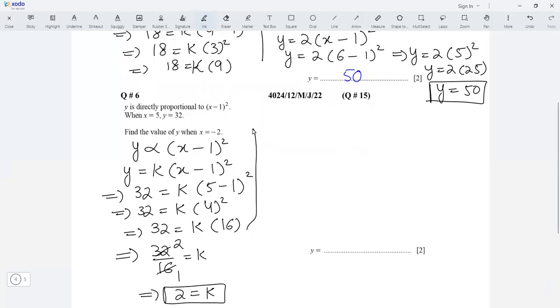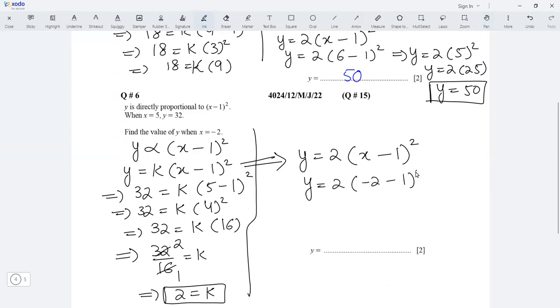In the next process, we have to replace the value of k into this equation. It becomes y equals 2 times (x minus 1) whole squared. So find the value of y when x is minus 2. Replace x with minus 2, minus 1 whole squared. Minus 2 minus 1 results in